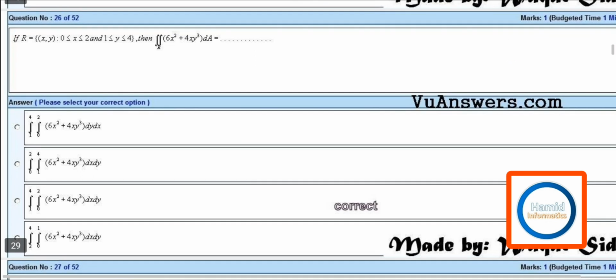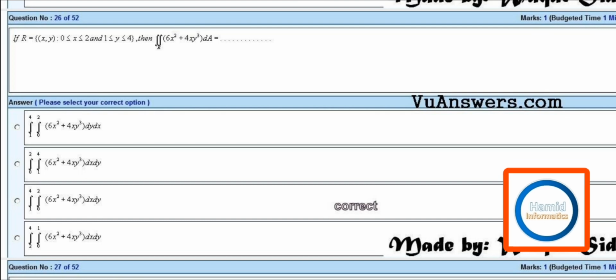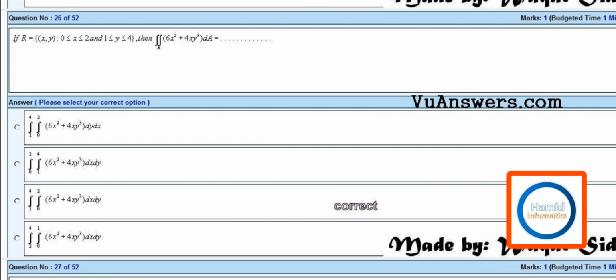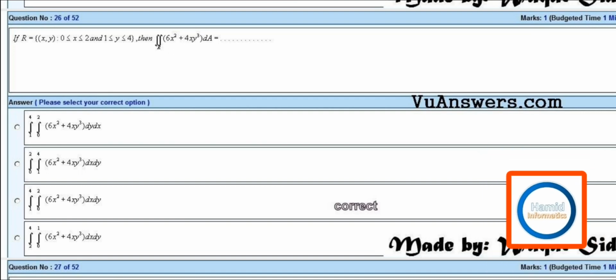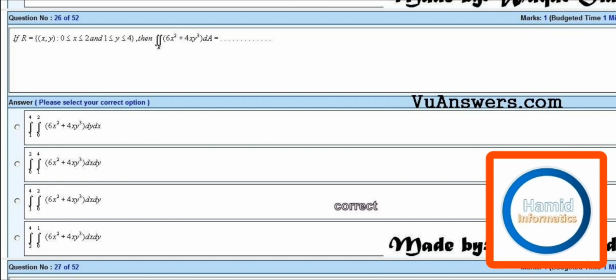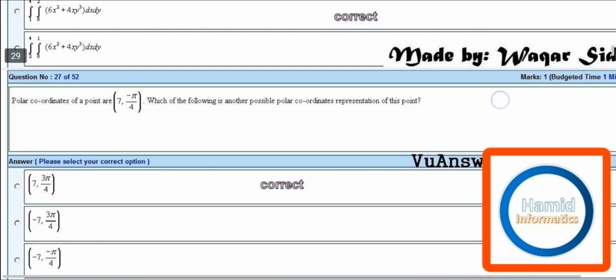Next question is, if R is equal to the region xy, 0 is less than or equal to x less than or equal to 2 and 1 is less than or equal to y less than or equal to 4, then double integral over R of 6x square plus 4xy cube dA is equal to integral 1 to 4 integral 0 to 2 of 6x square plus 4xy cube dx dy. Next one is